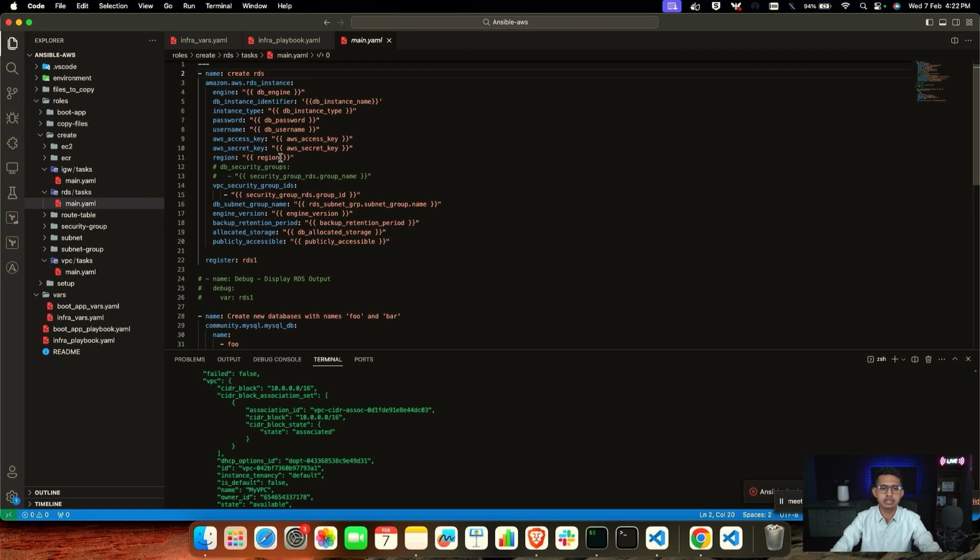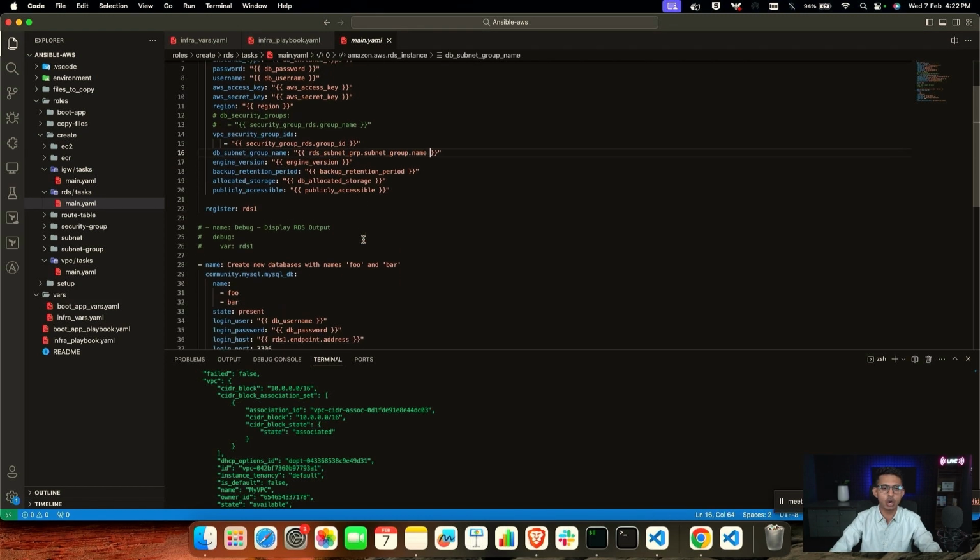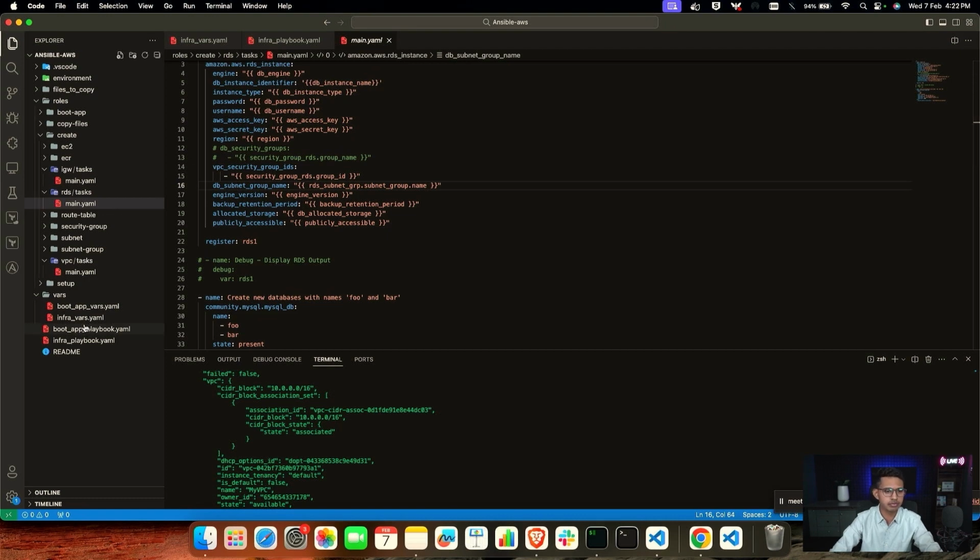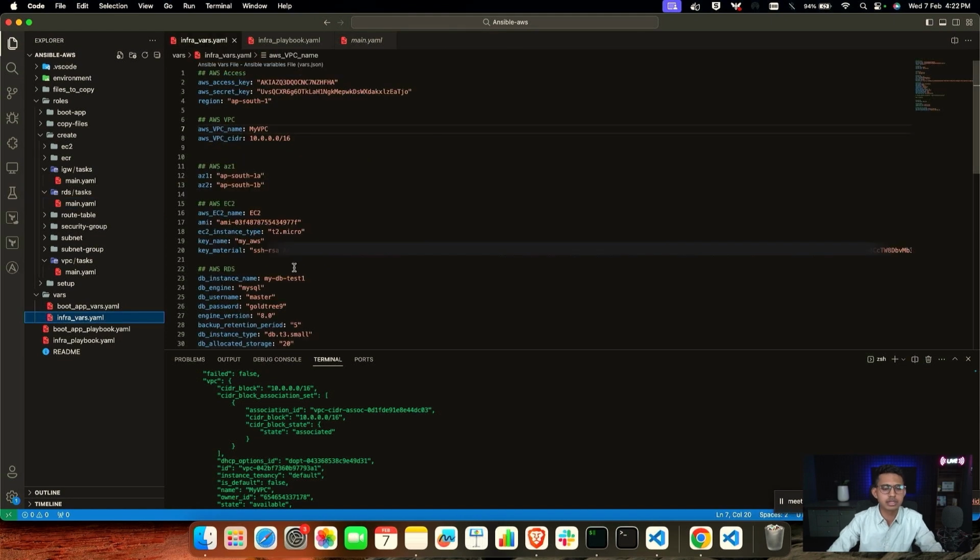I pass my keys, the region, and also the subnets that were created earlier. I pass those subnet group names and IDs, the retention period, and also the username and password. So if I go to the vars folder,